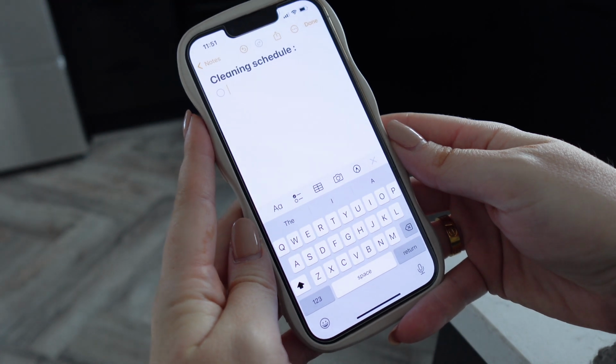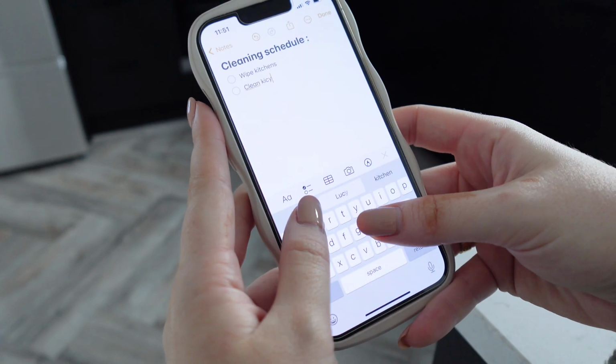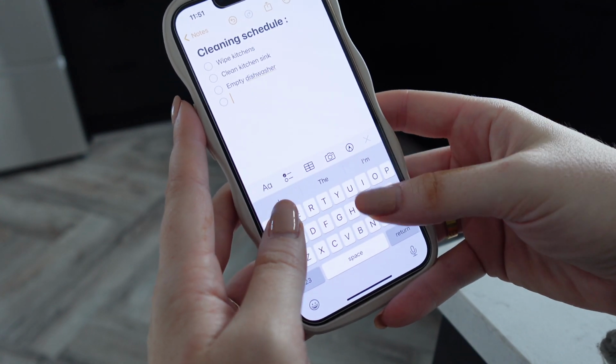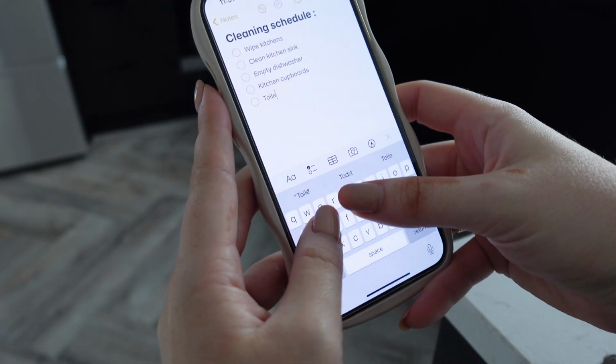The second tip I wanted to share with you was to create a schedule. So this won't be one for everyone. Schedules really suit some people, and for other people it makes them feel a bit anxious and overwhelmed. So this is totally dependent on whether you think this would suit you, but professional cleaners out there swear by having a schedule. So you might want to put this in your notes on your phone, or you might prefer to write by hand, and it's just when you have that time to do that deep clean at home, you can refer to it and you could know exactly where to start,